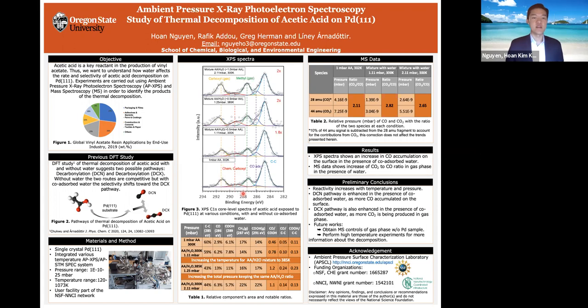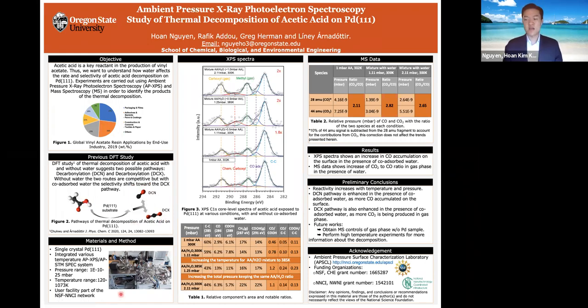The previous DFT study on this surface reaction has shown that acetic acid decomposes on palladium-111 in two different pathways, the DCM pathway to produce carbon monoxide and the DCX pathway to produce carbon dioxide. The study also suggests that in the presence of co-adsorbed water, the reaction will shift toward the DCX pathway to produce more carbon dioxide. So in order to confirm this hypothesis, we performed an experimental study on a single crystal